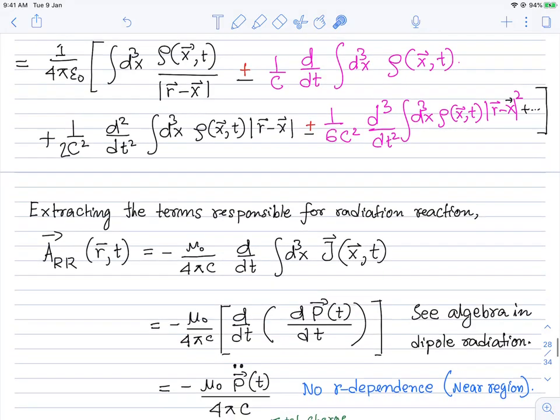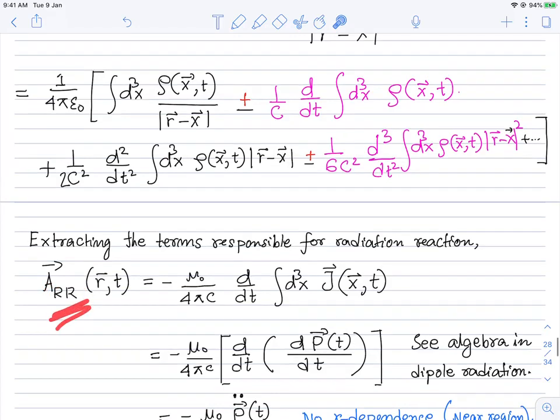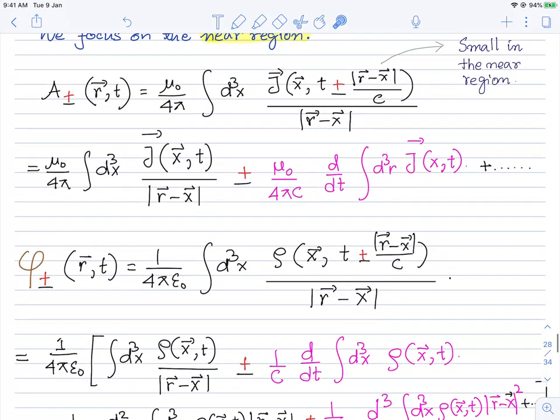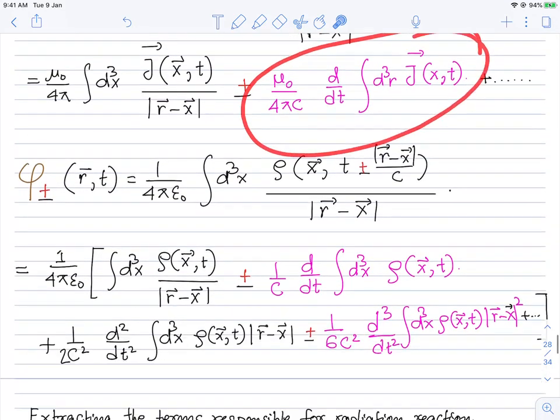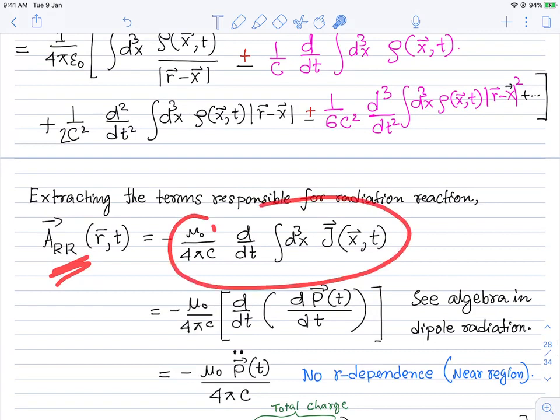So now we will just isolate the terms. So that's why I have written this subscript. It stands for the radiation reaction terms. Okay. So the radiation reaction term for the vector potential is just going to be this term here. Okay. So I've just isolated that term and written it here. Note, I have considered the minus sign because after all, I'm dealing with retarded solutions. Okay. So I am going to deal with the retarded solutions only,